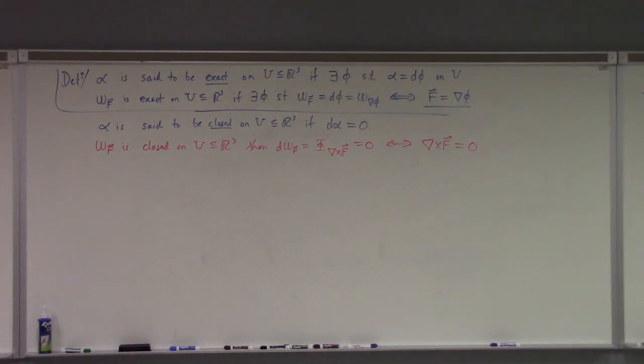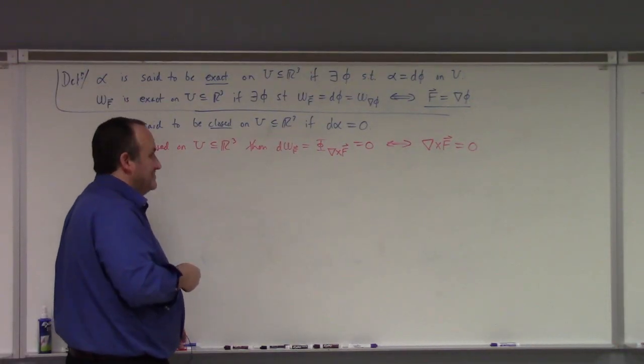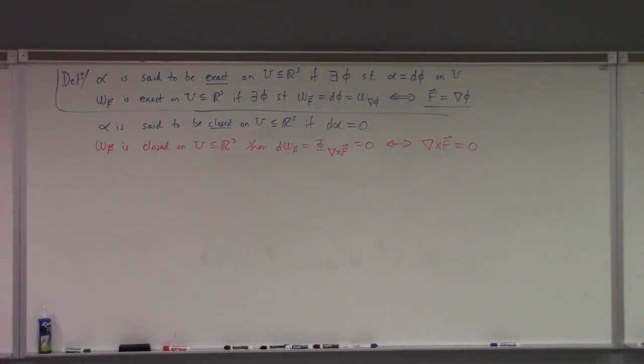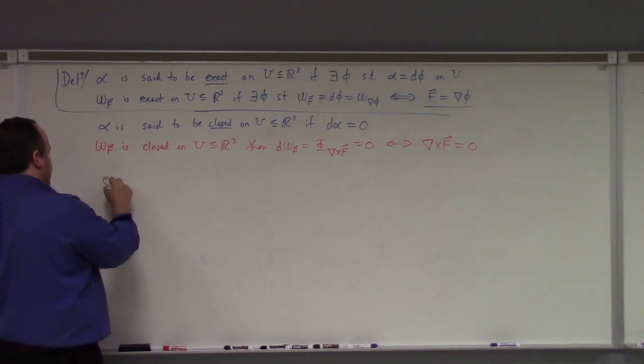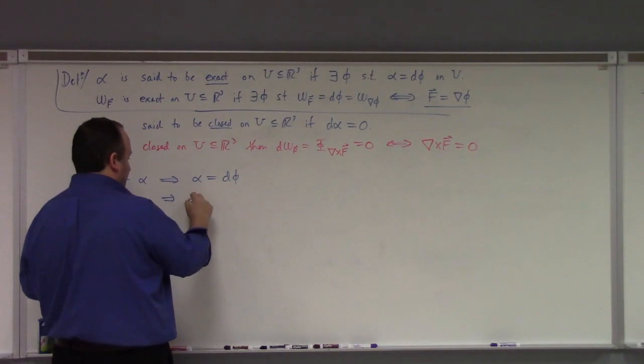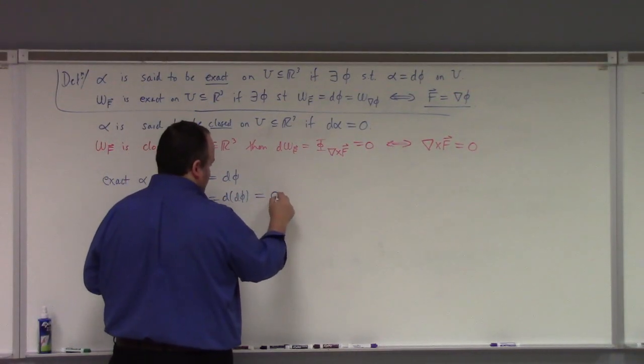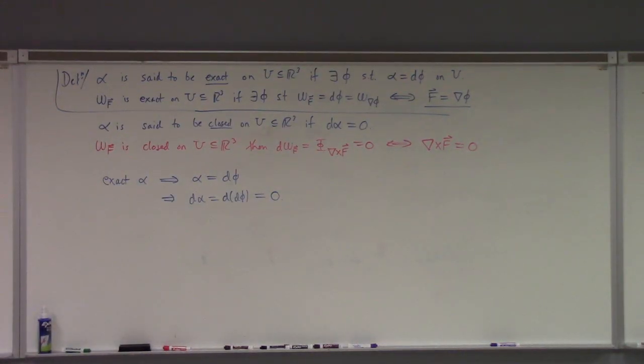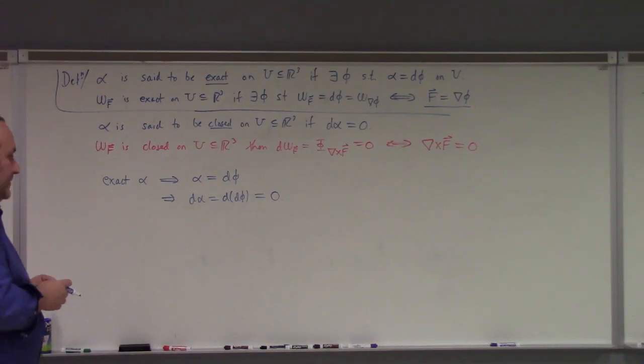So does that imply that if alpha is exact, alpha is also closed on the one form? Well, the connection between closed and exact forms is an interesting one. Certainly, it is true that exact alpha implies that alpha is equal to d phi, which implies that d alpha is d of d phi, which I told you is a general identity, is 0. So does exact imply closed? That is true, but the converse is not generally true. It's not the case that every closed form is exact. However, if our space is simply connected, it is true that closed implies exact. But proving that for an arbitrary form is above our pay grade in here. I do have a proof of it that I show in the advanced calculus course, which isn't too hard. But anyway,